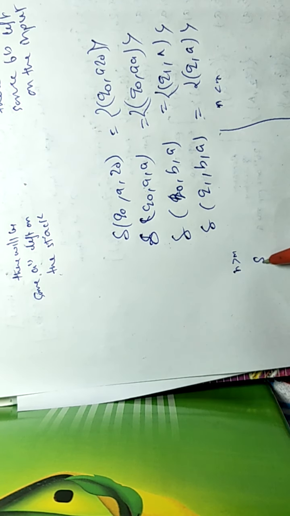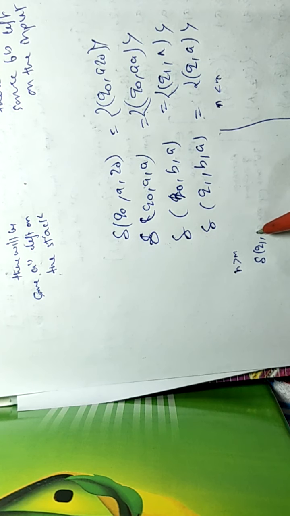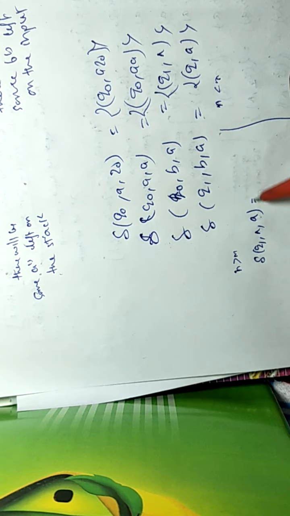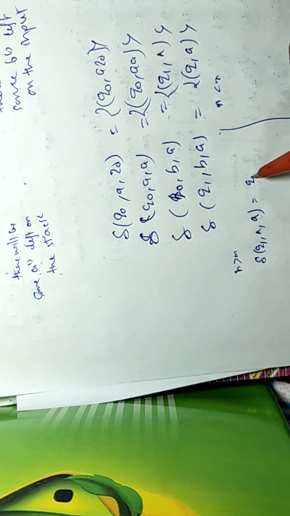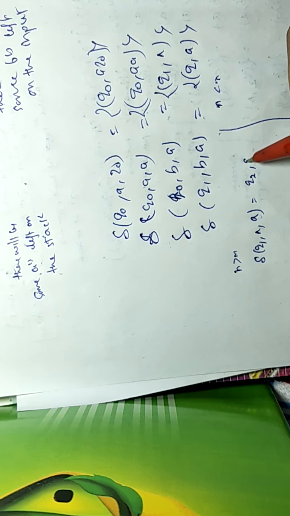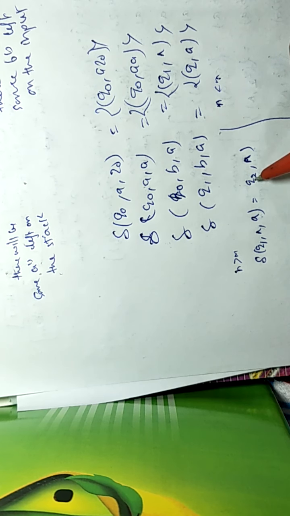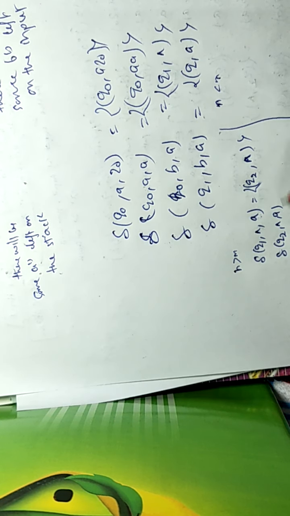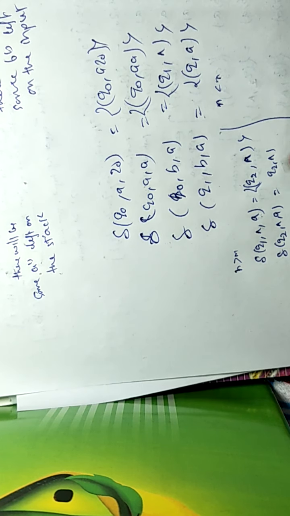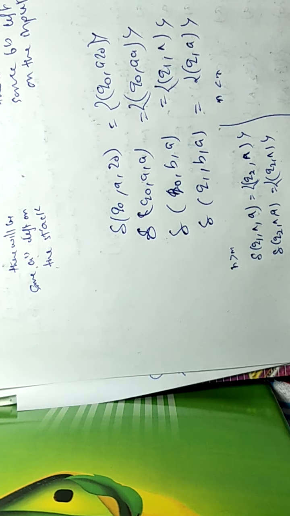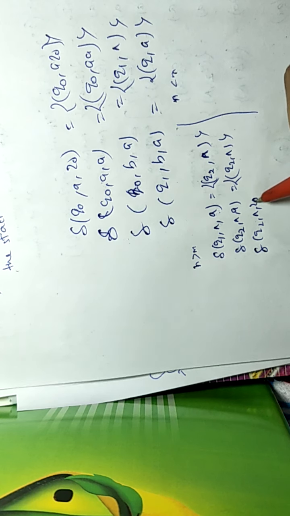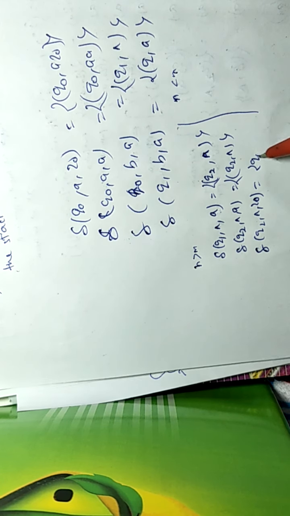So here at q1 we will reach the end of the input, but there is some a on the top of the stack, and there must be at least one a, so we are moving to q2 and popping this a, and there may be more, so we are repeating the same procedure again. And now at the end of the input we are reaching qf, the final state here.